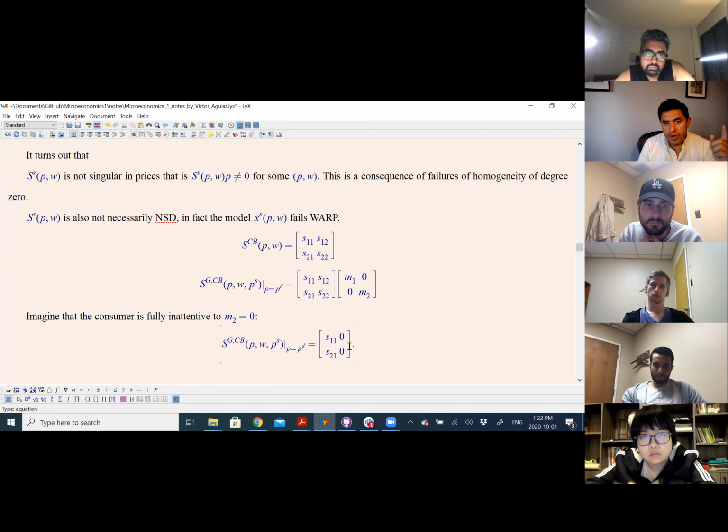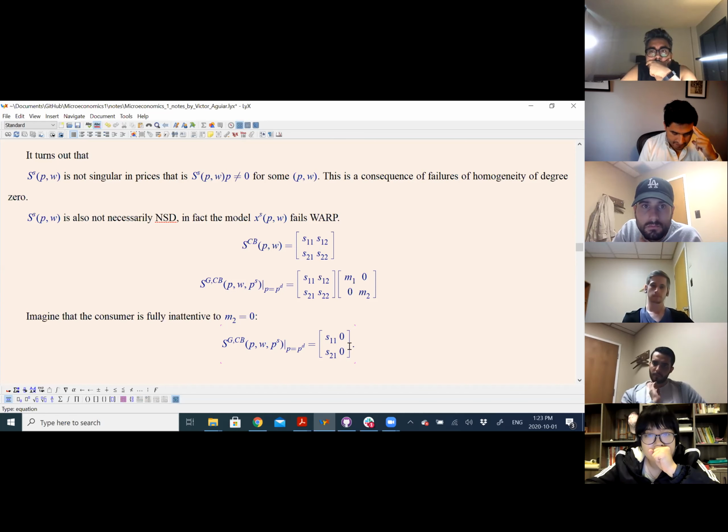Now, I want you to realize under what special cases the Slutsky matrix is still symmetric and negative semi-definite. At least symmetric. Let's only think about symmetry. Under what properties? Sorry? M is equal to 1? Someone said that? Yeah, perfect, excellent. But what else? What other case still works? If M1 equals M2, would that keep it symmetric? Exactly, so M1 is equal to M2. Who was that? That was Evan.